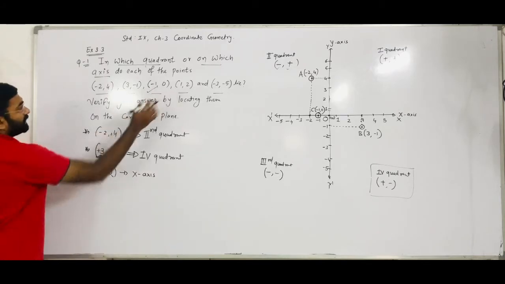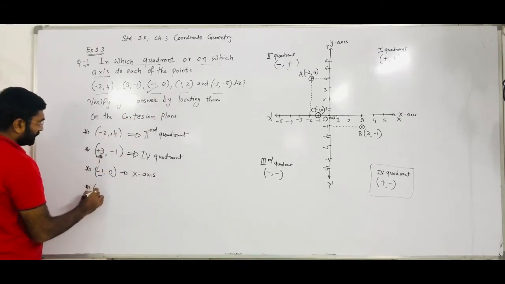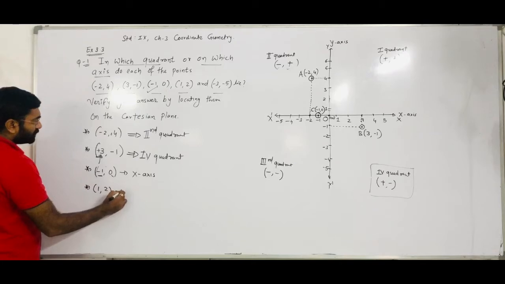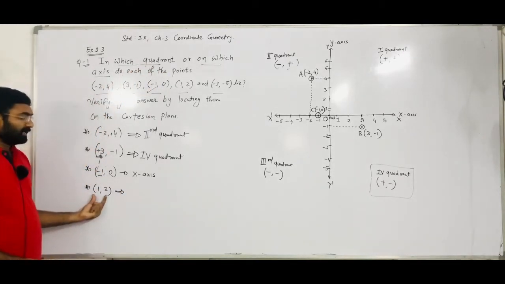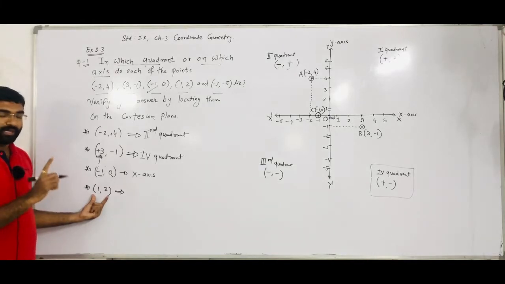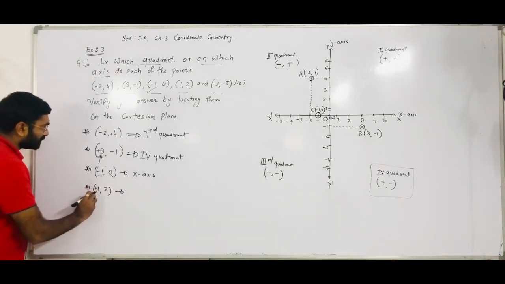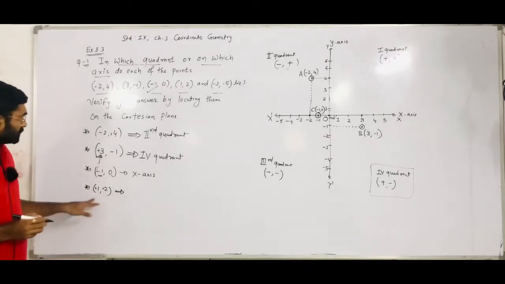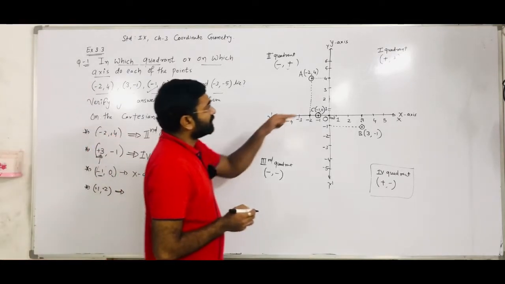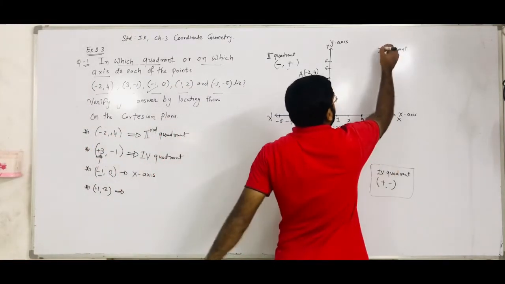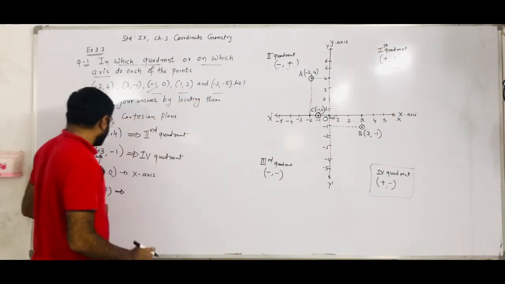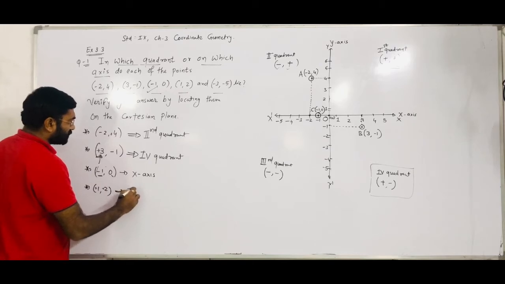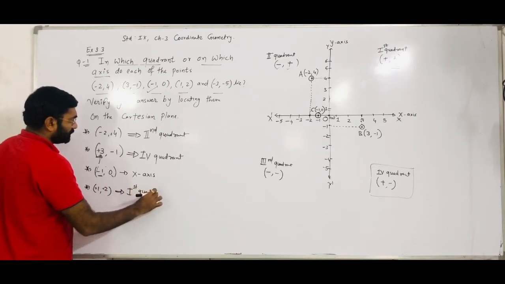Now the next point we take is (1, 2), and we have to say that the point lies in which quadrant or on which axis. Both coordinate values are given. X coordinate value is 1, y coordinate value is 2, and both are plus. Right? So the plus sign comes in which quadrant? In the first quadrant. In the first quadrant we get the plus sign. So we can say that +1 and +2 come in the first quadrant. Right?